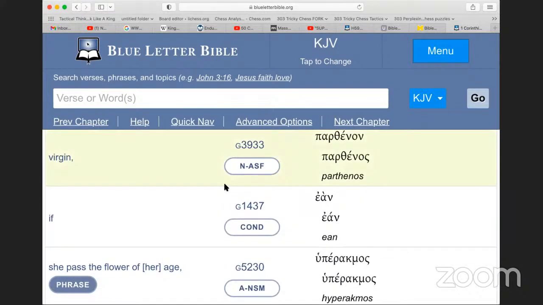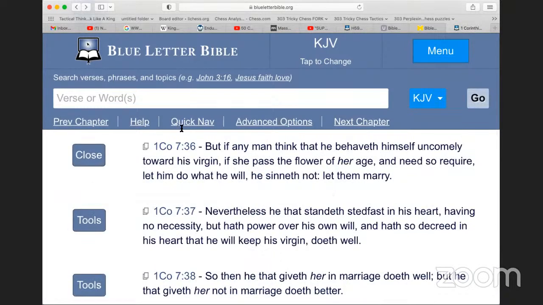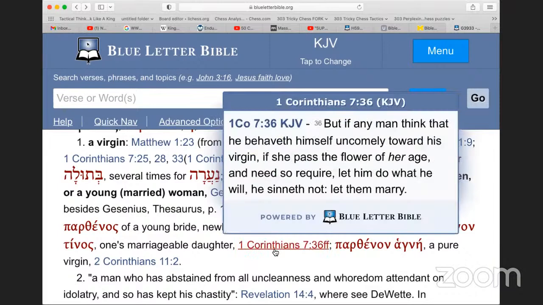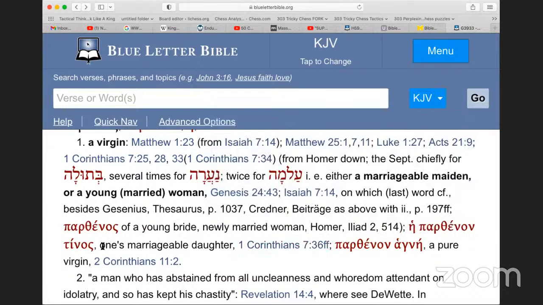Well, it is Parthenos. Okay. So Parthenos doesn't exclusively mean a woman without sex, but in most cases, that's what it implies. Athena Parthenos, the Greek goddess, was a woman that was a perpetual virgin. Okay, so let's see. This will be read as virgin, as Parthenos, but it's saying that she's just a marriageable daughter. She could be an actual virgin or not, but